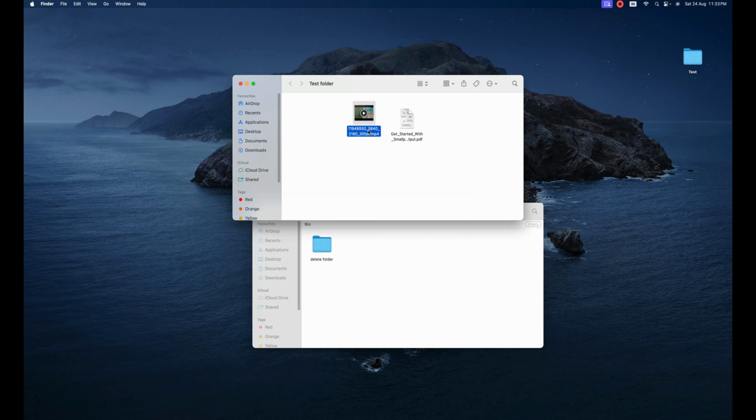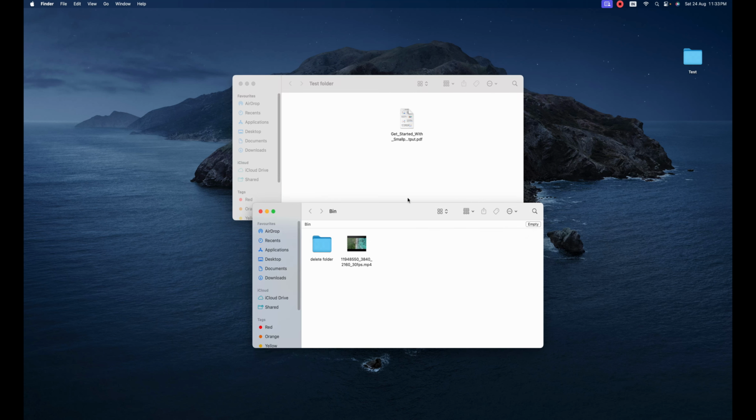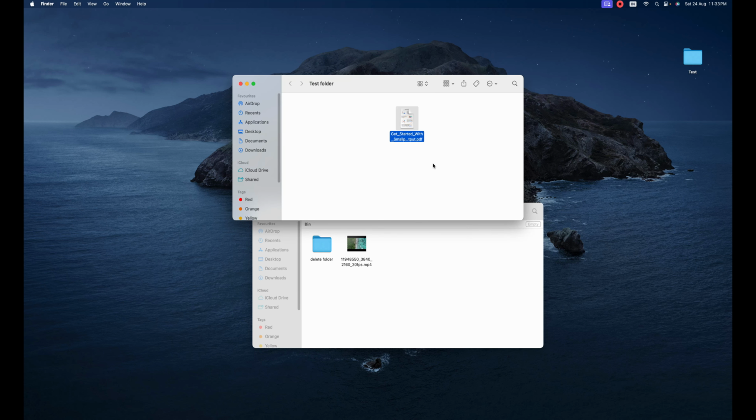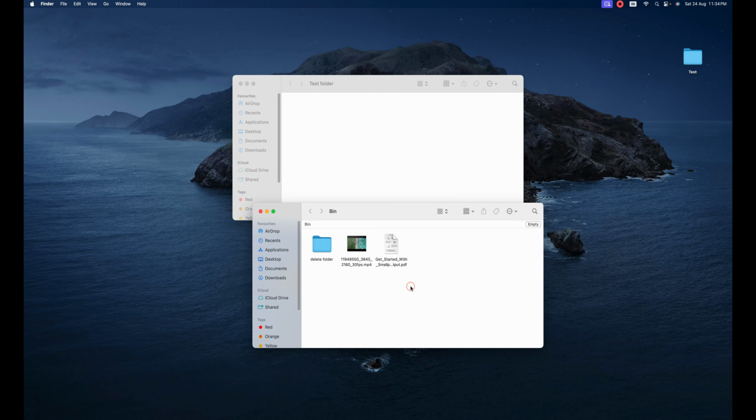Second way is to drag and drop on the bin folder. So you can see that the video which was there in the test folder, now it has been moved to bin. Third way is to click on the command and delete option on your keyboard and the file will be